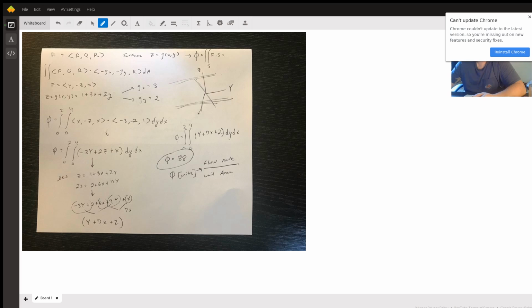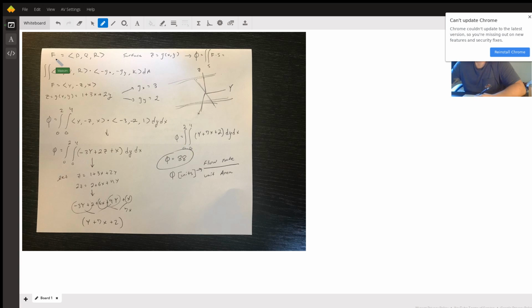The question asks, find the flux of the vector field F, I component y, J component negative z, K component x, across the part of the plane z equals 1 plus 3x plus 2y above the rectangle [0, 2] for x and [0, 4] for y, with an upwards orientation. So for this first part, by definition, we need to find